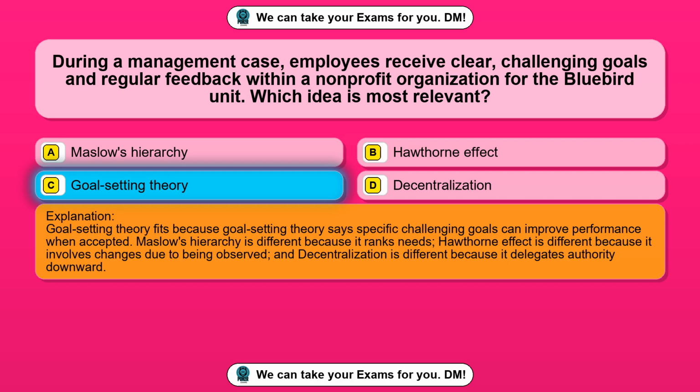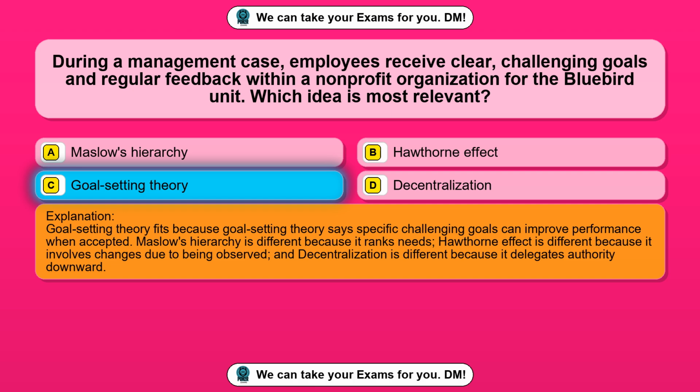Goal-setting theory fits because goal-setting theory says specific challenging goals can improve performance when accepted. Maslow's hierarchy is different because it ranks needs. Hawthorne effect is different because it involves changes due to being observed, and decentralization is different because it delegates authority